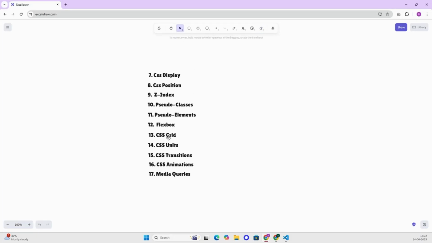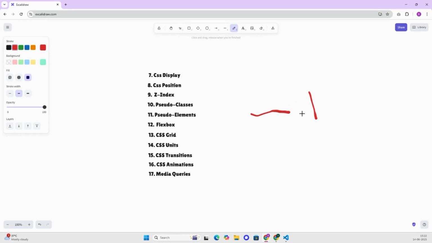Here is our next topic, that is the CSS grid. What is meant by this grid? In CSS, the grid is a two-dimensional layout system. That means it controls both the rows and the columns at the same time. But in flexbox, we can handle only one direction at a time, either the row or the column. Okay,